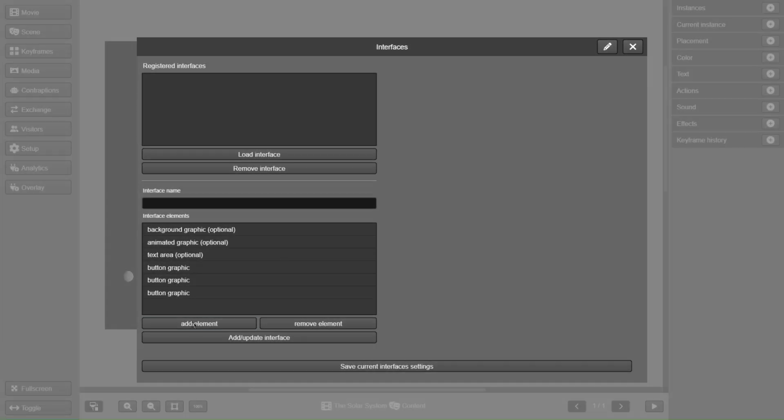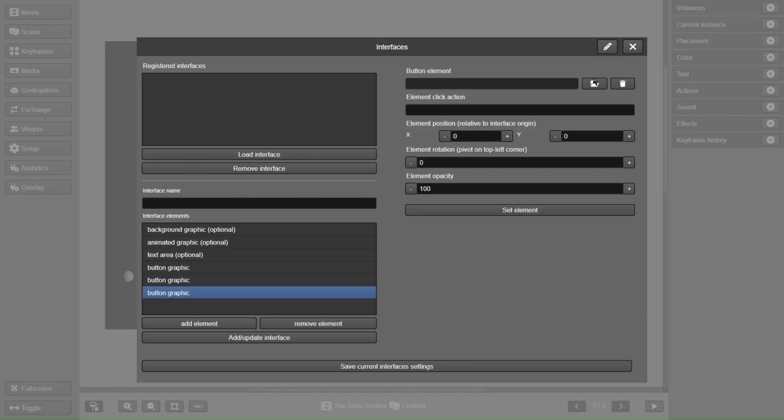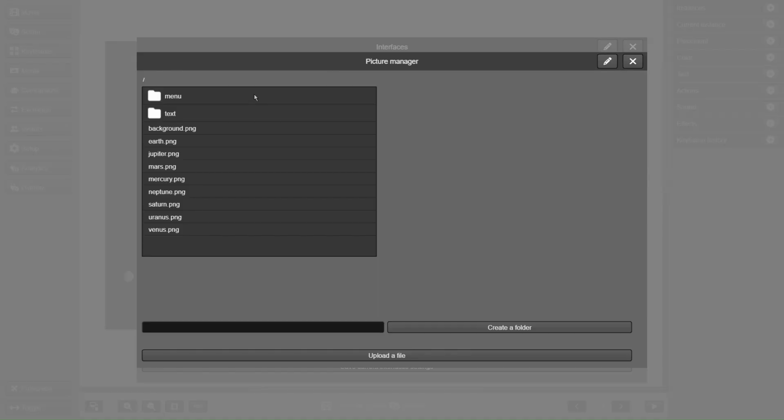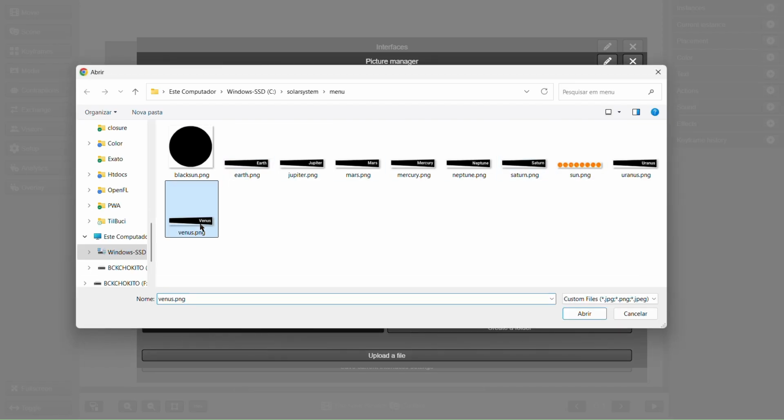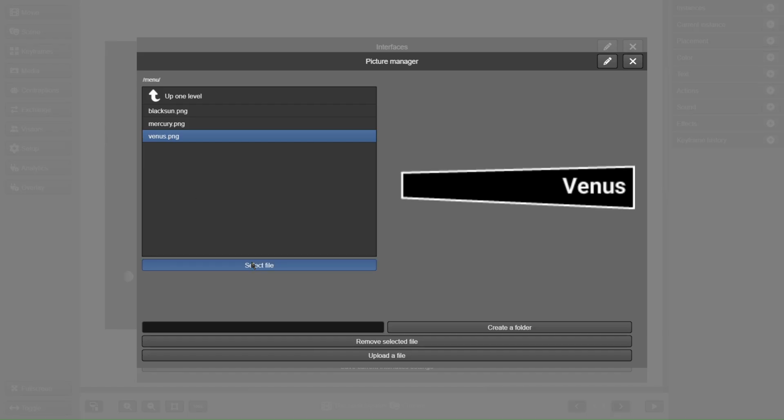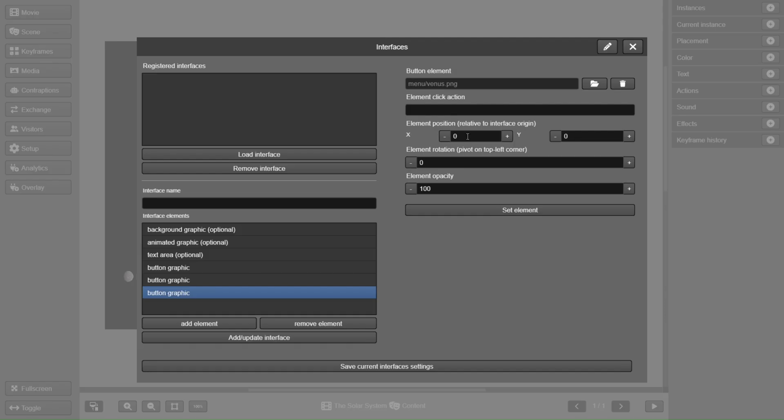The next element to add is the Venus button. Here, in addition to the position at x145 and y39, we will also adjust the rotation of the image to 11 degrees. Rotations in Tealbussy are always made from the top left corner of the media.